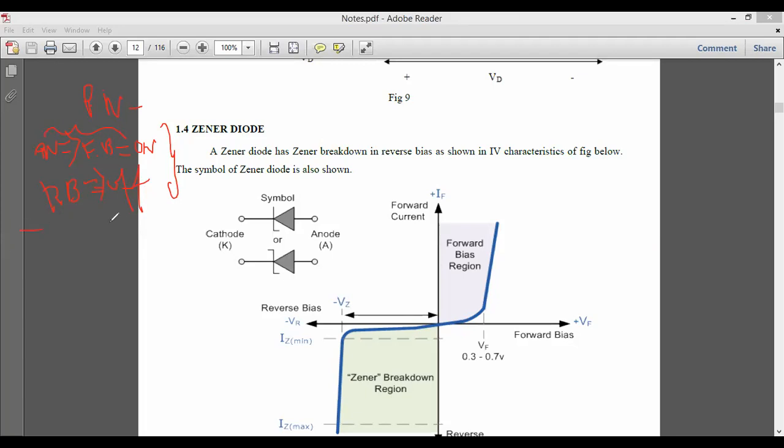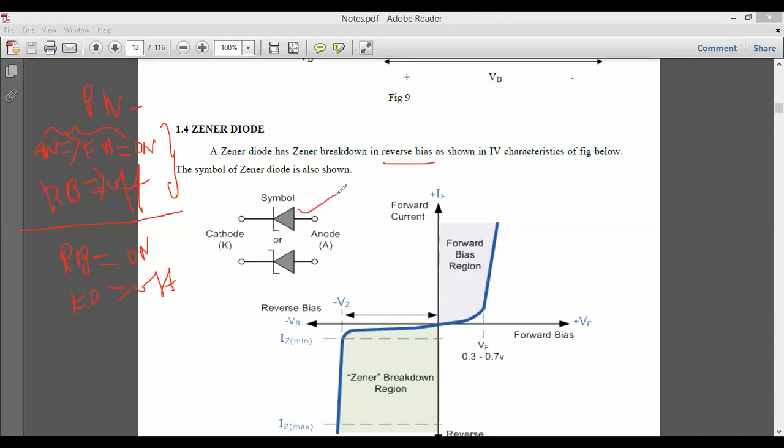Now, a Zener diode operates under reverse bias. If a Zener diode is reverse biased, it is set to be turned on, and if it is forward biased, the device is turned off. That is the difference between the normal PN junction diode and the Zener diode. Therefore, the Zener diode is operated under reverse bias, in quadrant number 3. We cannot say that it is completely turned on if you look at the characteristics curve of the Zener diode.